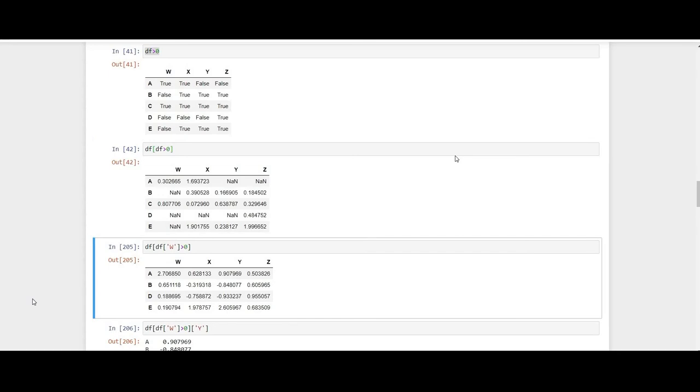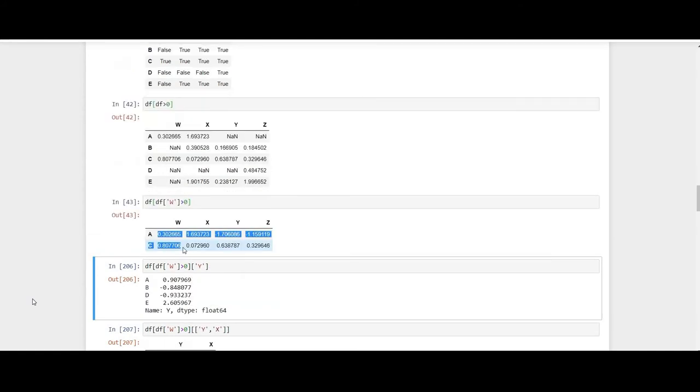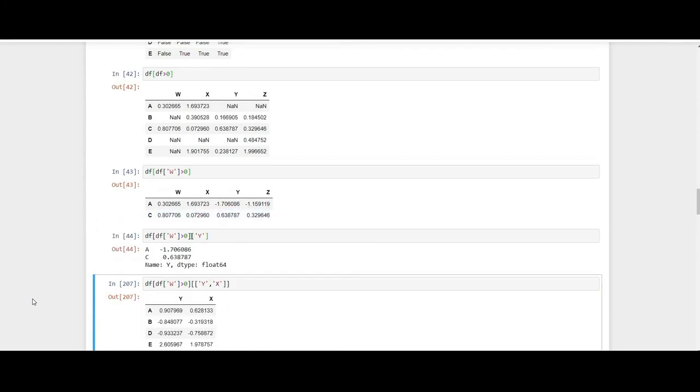Similarly, you can check for a particular column also. We are checking whether the W column has values greater than 0 or not. W has values greater than 0 only in two rows, that is A and C. If you want to return the values which are greater than 0 in column W, also in row Y, then specify Y here with this value.